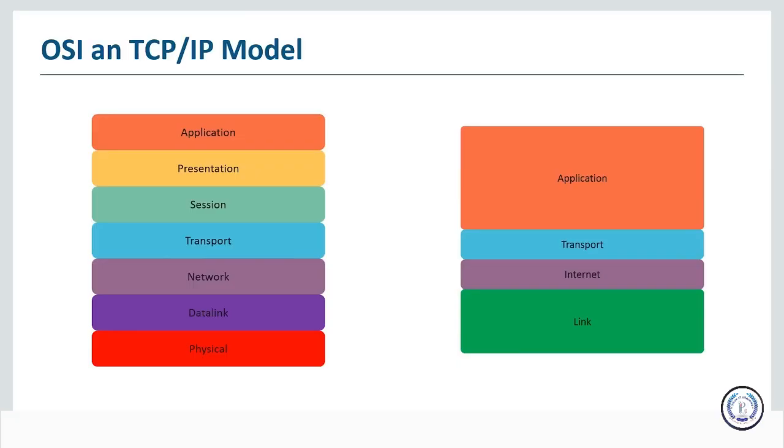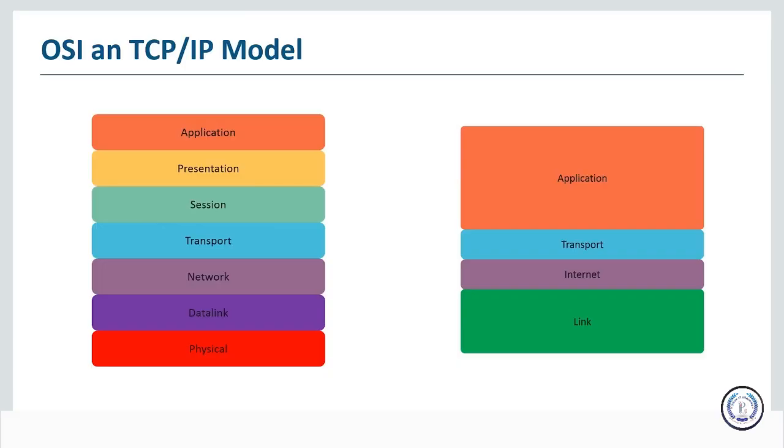The functionality that the stack provides is the same. In other words, you're not going to get less functionality out of the TCP IP model. It's just that they've changed where different functionality resides and where the demarcation points between the different layers are. So there are only 4 layers in the TCP IP model, which means there are a couple of layers that have taken in functions from some of the OSI layers, and we can get into that right here. The difference between the models at the network access layer in the TCP IP model is that it consists of the physical and the data link layer from the OSI model.